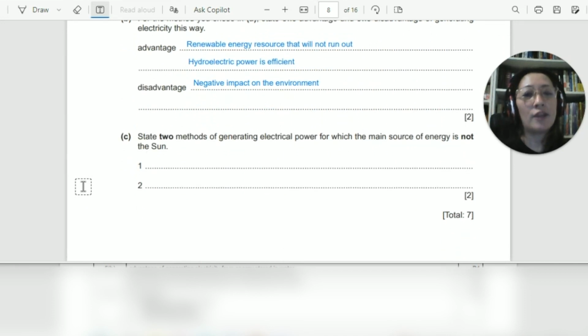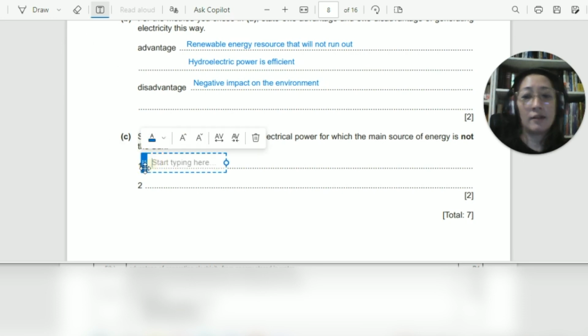State two methods of generating electrical power for which the main source of energy is not the sun. So this is a 2-mark question. It is also a recall question. And by now you should have learned there are actually 3 energy resources which do not derive their energy from the sun. As long as you write any 2 out of the 3, you'll be able to get your 2 marks. So the 3 possible answers for this question are tidal energy,